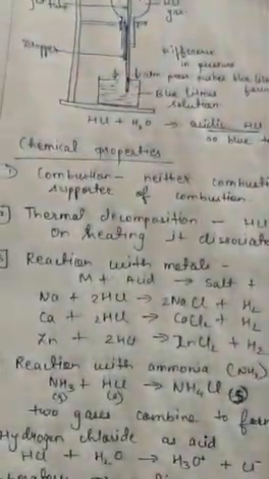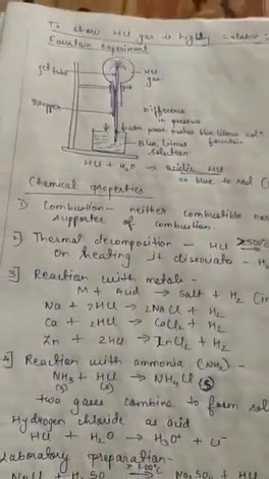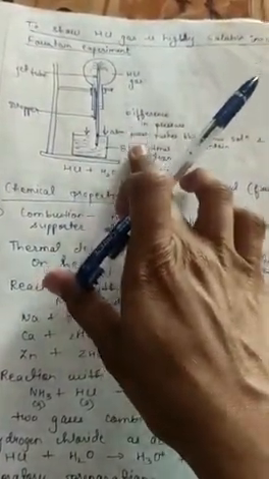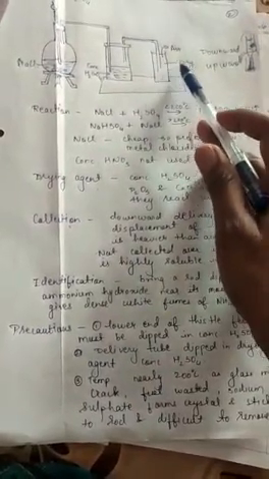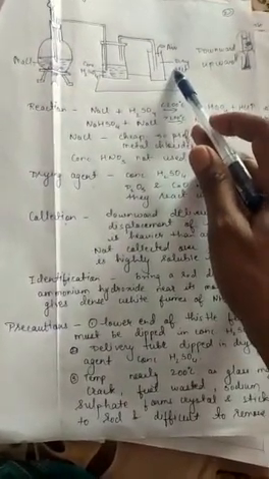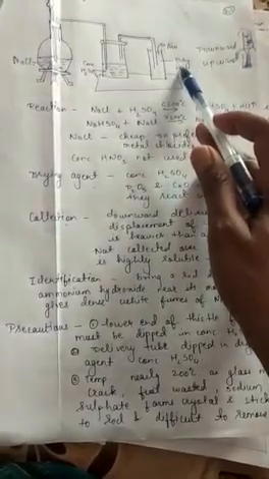Now, as I said, HCl is highly soluble in water. So how do we detect the solubility of HCl? This is a very important experiment, the fountain experiment. Now, whatever HCl gas is formed, how do we know that this gas is formed? So there are identification methods. How do we identify that HCl is formed?